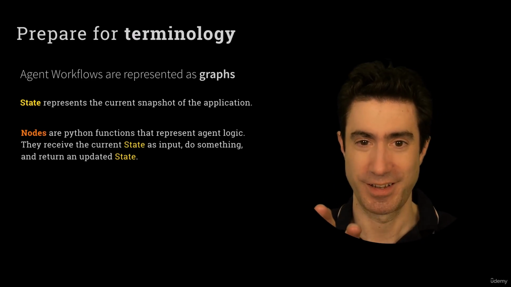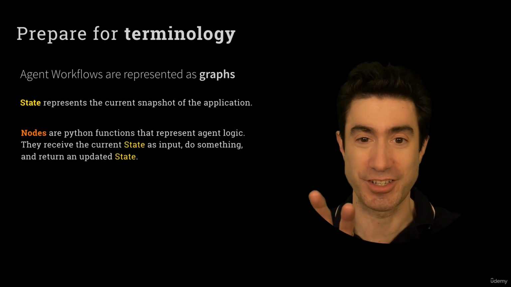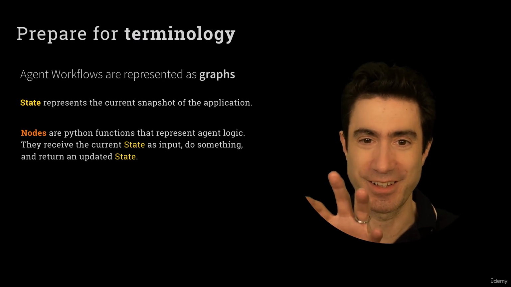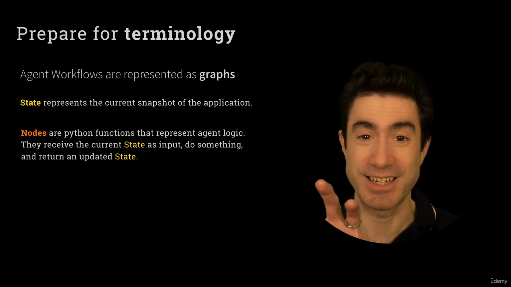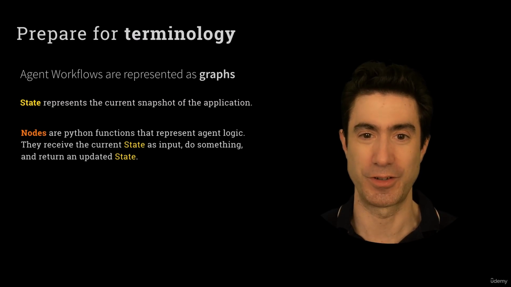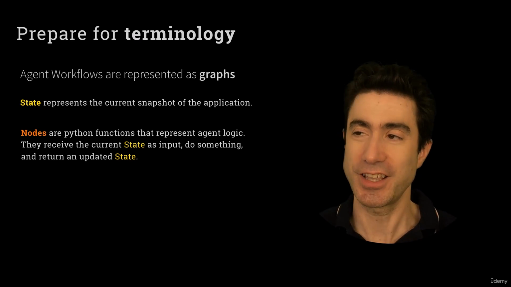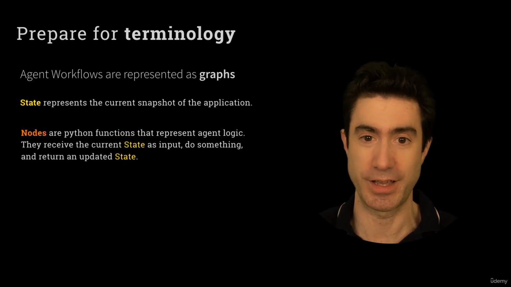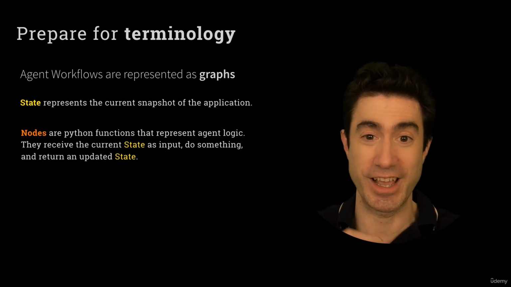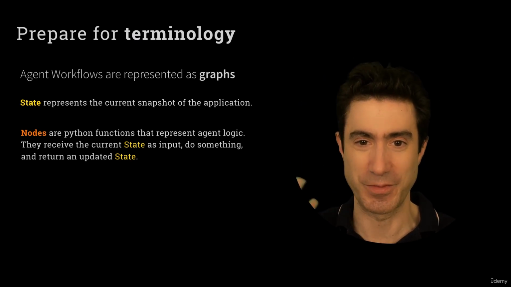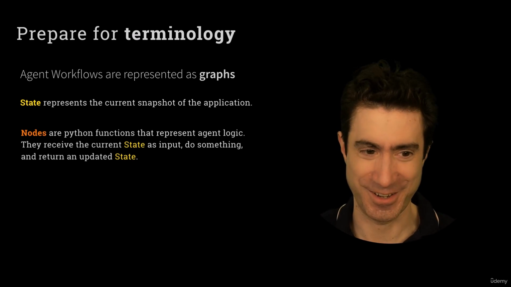They do something. They do something that might involve calling an LLM. It might involve some sort of a side effect, changing something, writing something to a file, doing something that affects the world. And then they return an updated state. That's what comes afterwards. So they take in a state, they do something, and they return a new state. And I should say that the state you should think of as being like an immutable thing. The state object itself, you don't change it. You receive a state and then you return a new state, which is a difference from the state you had before. So far, you're with me. State and nodes, the two words.